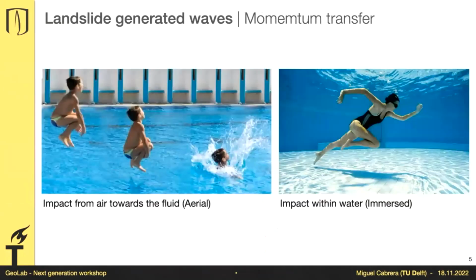So there are two main mechanisms to try to idealize the momentum transfer from a landslide moving and impacting a water reservoir. One option you have is the fun moment at the pool. You jump in, and as a function of the velocity and your weight and your cross-section area, that's a weird way to call a person, but if you accept that, you will displace a volume of water. And the volume you displace will propagate in all directions equally, and eventually will reach the borders and reflect and so on.